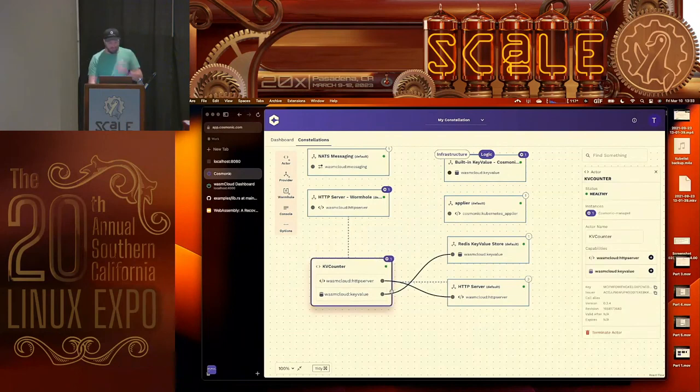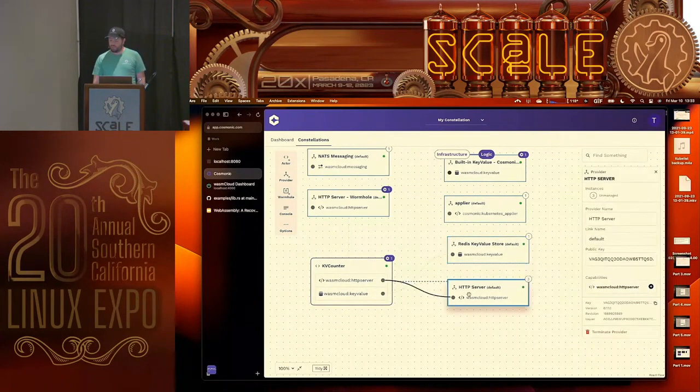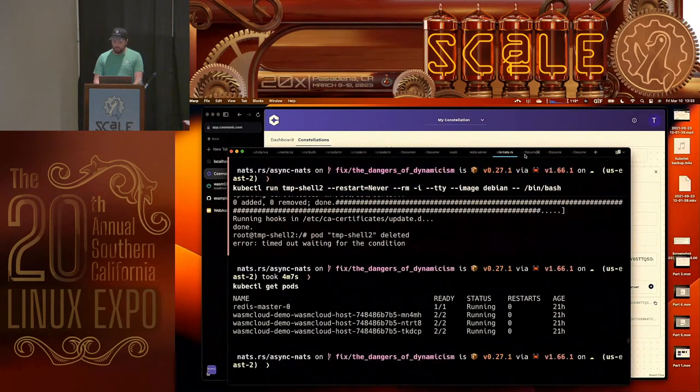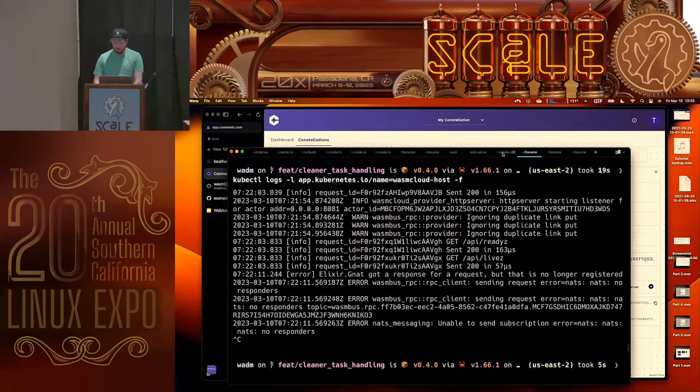So I have this KV counter. And this KV counter is sitting there, and it's connected to a Redis thing that's running and the HTTP server that's running. And so if I come back here, and I'm going to go into my, where did my,